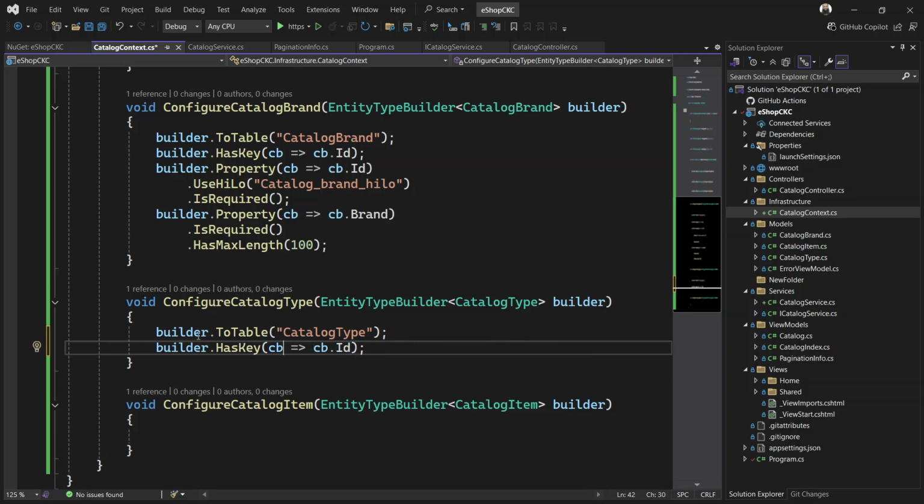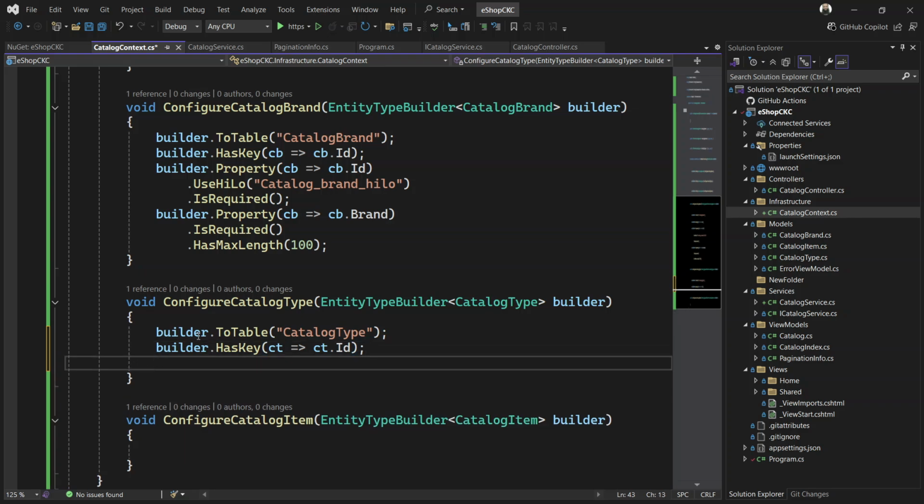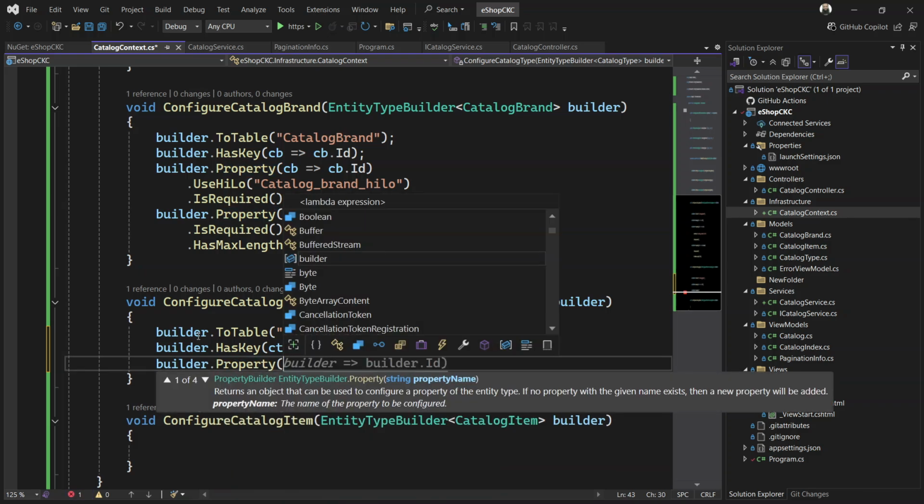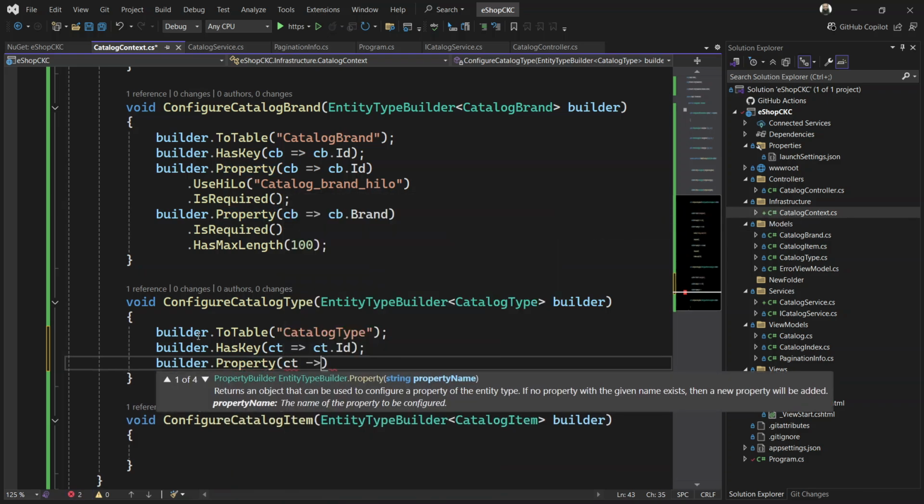Just for the sake of change, we can use CT. The builder is going to have a property as well, and the property is going to be again